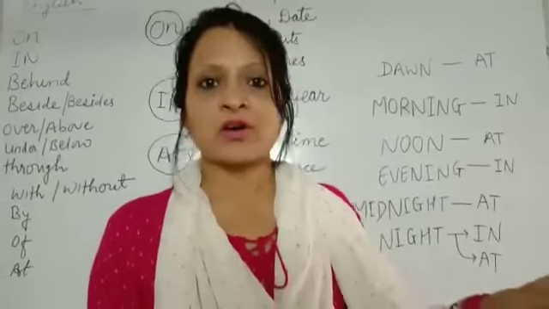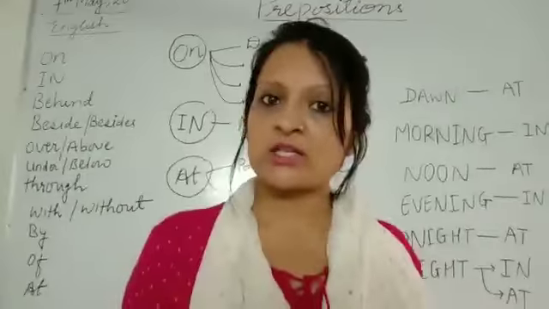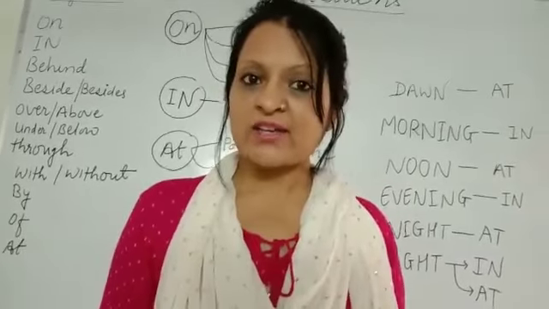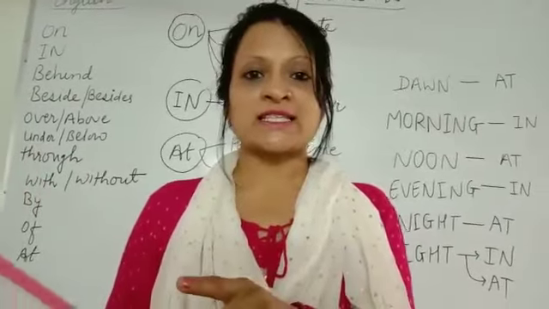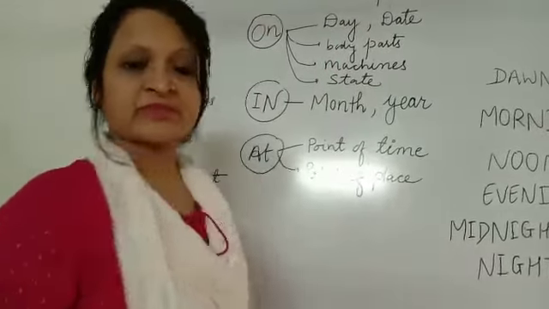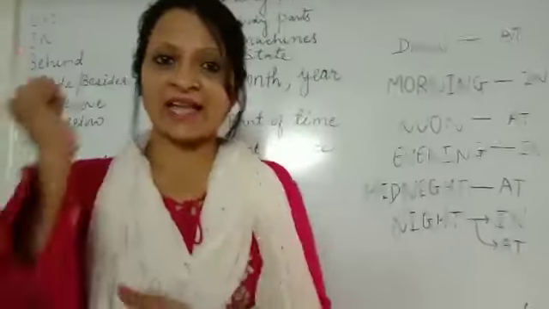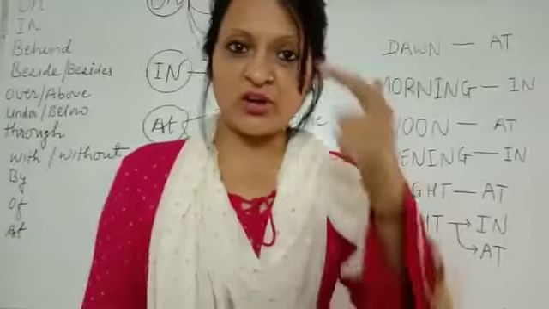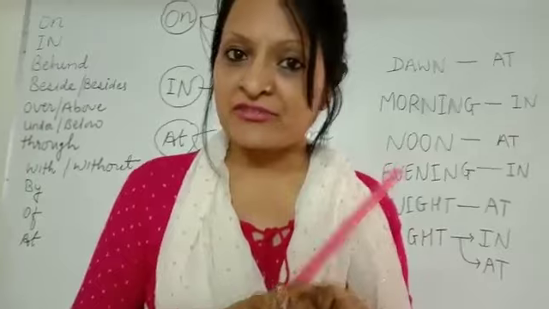He will come on 21st of April. So 21st, it is the date. So that's why we are using the preposition on with the date. तो ध्यान रखिए on किसके साथ यूज हो रहा है? Day and date. Next one, with body parts like forehead, hands, legs, knees, elbow. So these all are the body parts. For example, my mother kissed me on my forehead. I wore the ring on my finger.